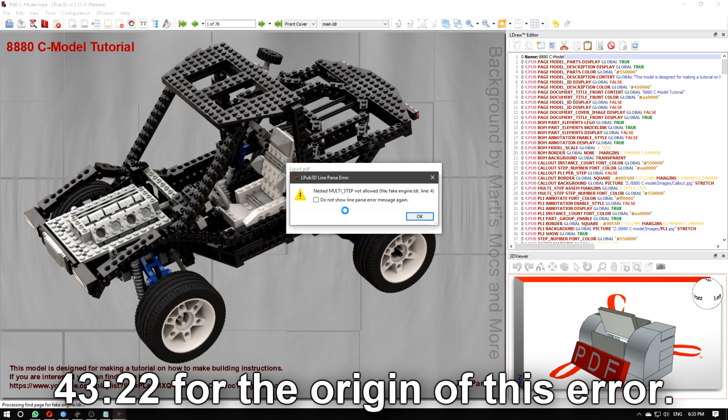You should probably not have to worry about it. If you do find an error, what you can do is it actually shows you the file which gives out the error. So here it is, fake engine.ldr, line 4. So you just go right here. You have a drop down that says main. You click it, you find the file that it says has a problem, and then you go and count the lines, which in the beginning is 1, 2, 3, 4, 5, 6, 7, 8, 9, 10. Then you go to line 4 and see what is wrong in that line. In my case,